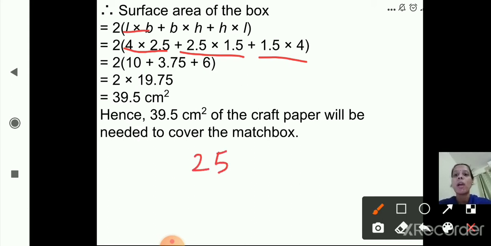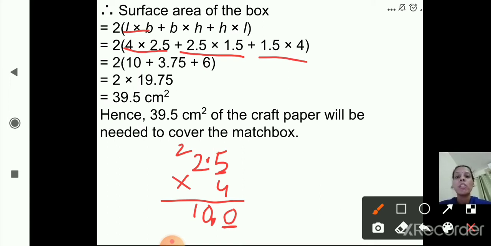4 multiplied by 2.5, first we'll solve this, then we will put the decimal point. 4 5s are 20, 0 here, 2 carrying. 4 2s are 8 plus 2, 10. And as we know this is given 2.5, so from right hand side after one digit, what is the answer? 10.0. No need to write down that 0 after decimal point. If there is 0, no need to write, so we'll write down only 10. As you can see here, this is 10.